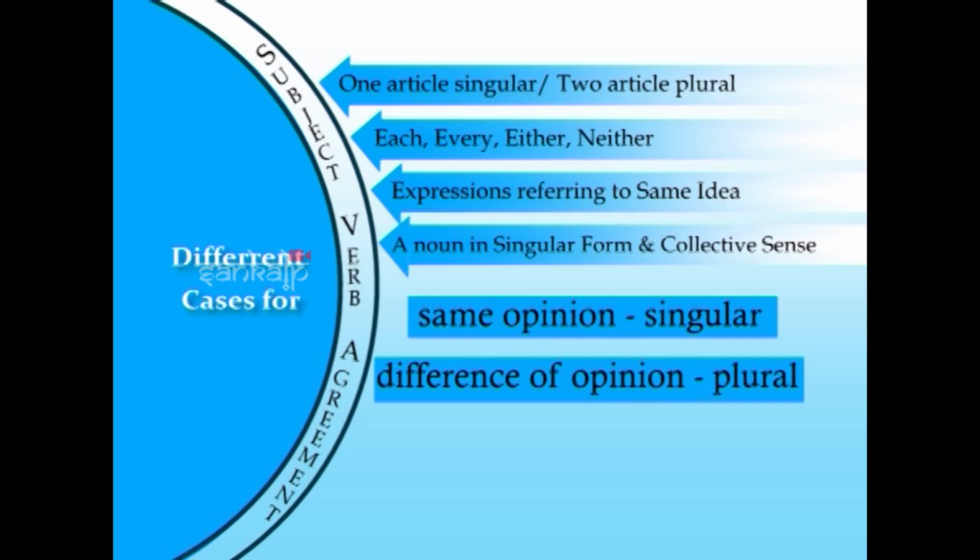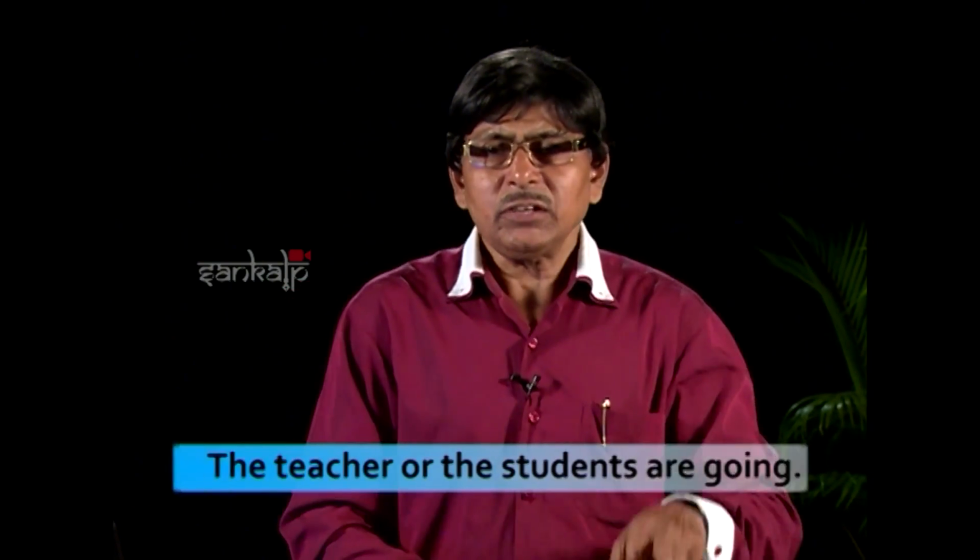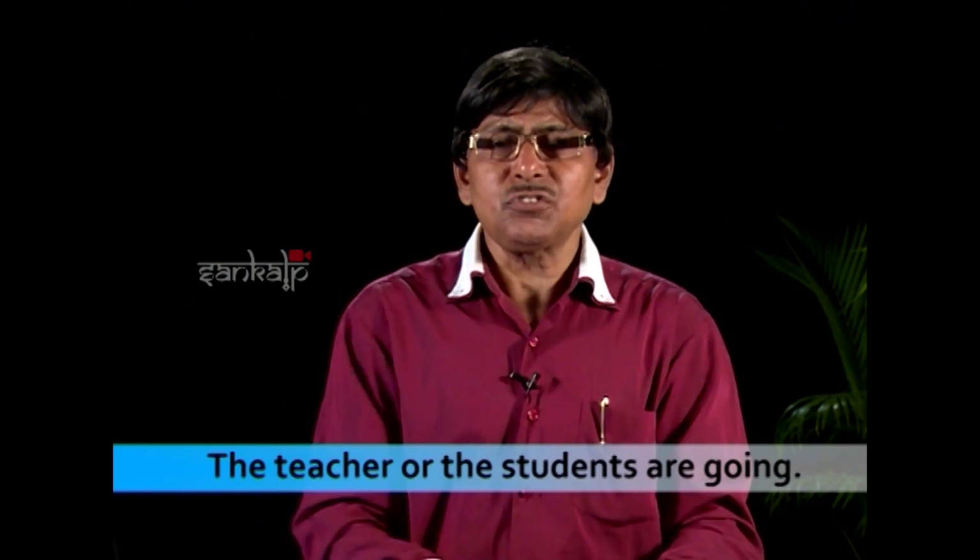When different opinions, we use plural verbs. Then, whenever two nouns are joined with or, either or, neither nor, here what happens? The verb must agree with the nearest subject. That means if the sentence is the teacher or the students